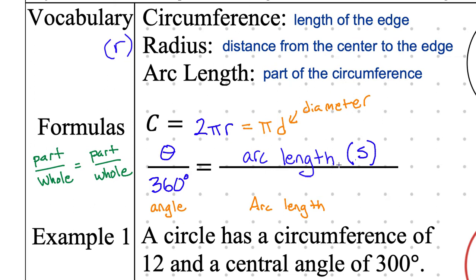And then what about the whole? If part of it is the arc length, what is the whole? It's going to be part divided by whole. Part is the arc length. What's the whole? The whole distance around the circle. We just defined it up above. Jose, that's the angle. I'm talking about length now. One of these three words that we defined up above in vocab. Exactly, the circumference. So everyone write it down, circumference.